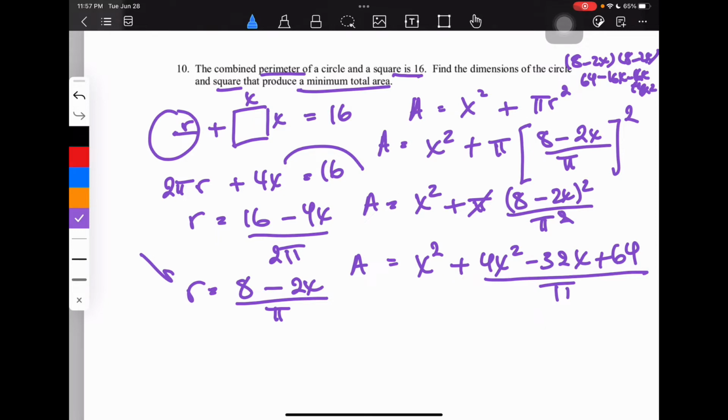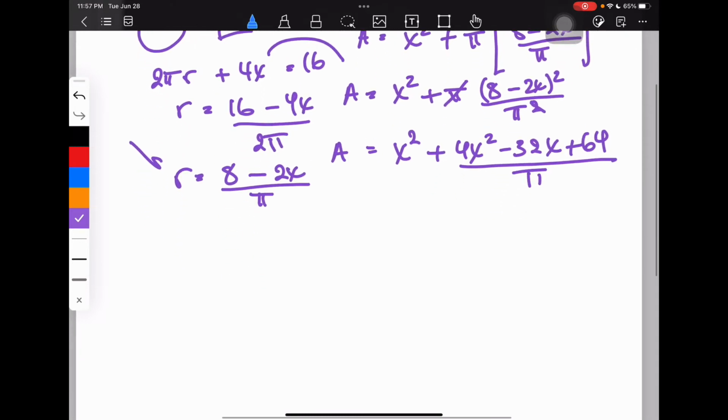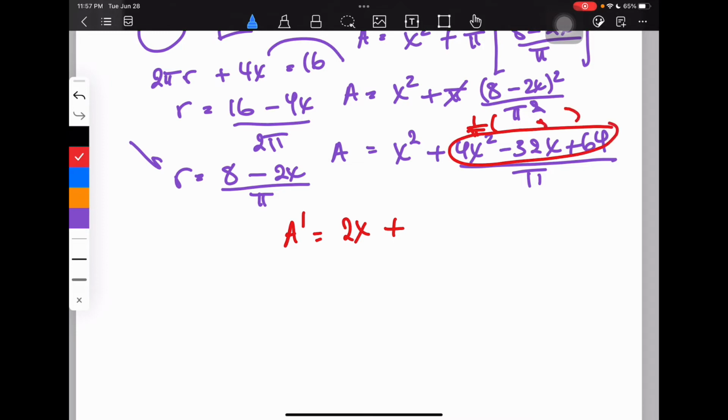Now we can find the derivative of this. A prime would equal the derivative of x squared, 2x, plus the derivative of the rest. We could look at this as 1 over pi times this whole thing, or we could just do the quotient rule. Here we've got pi times the derivative of this, which is 8x minus 32, minus the derivative of pi, which is 0, over pi squared, and this cancels out. So A prime is equal to 2x plus